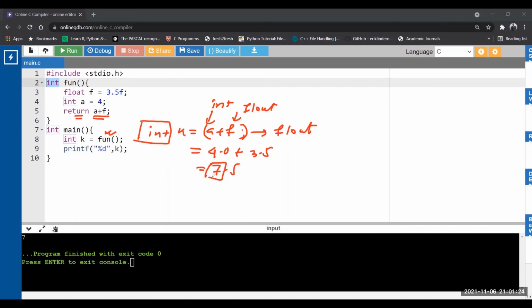Only the integer part will be assigned to k. That's why you can see the output is 7. So typecasting is also possible in the return type and the type of the function. Anything extra will be lost. So that's why we should concentrate on writing functions so that the return type of the function, the return value type, and the variable that we take to hold the return value should be the same.